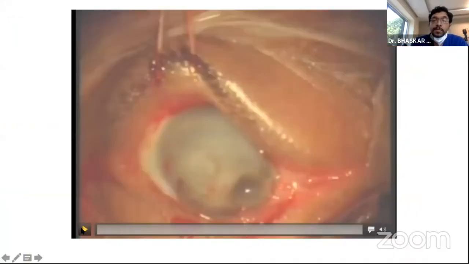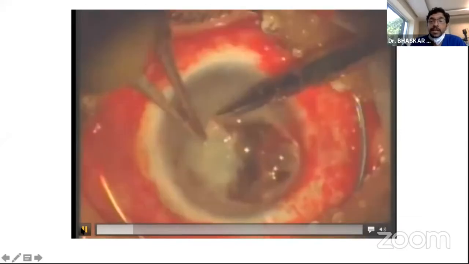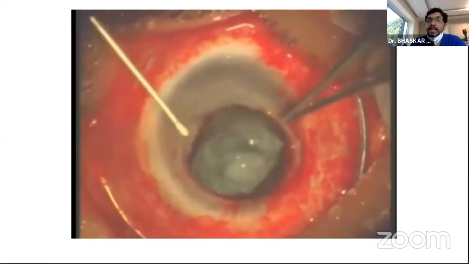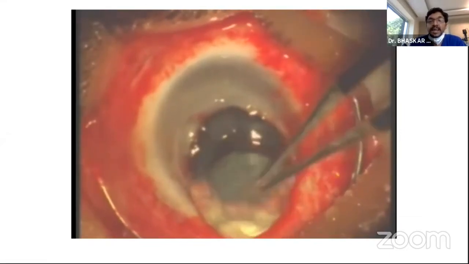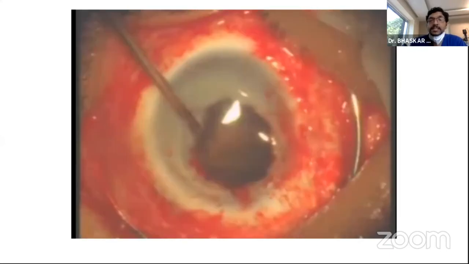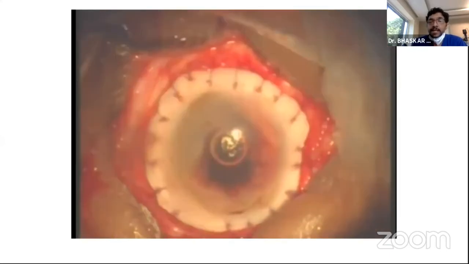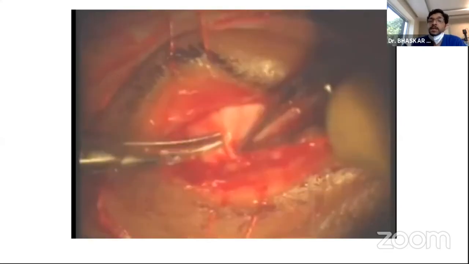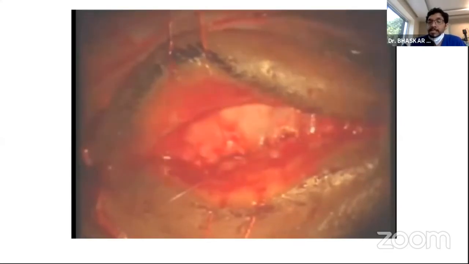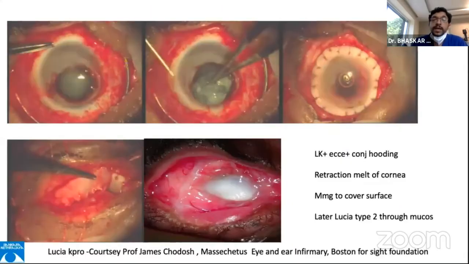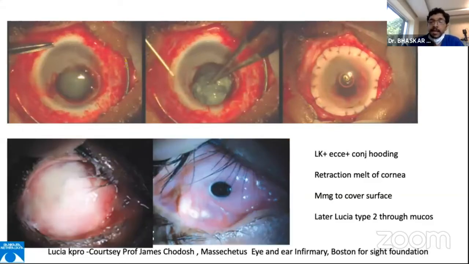A patient who had a perforation like this with a chemical injury, we knew this patient might ultimately need keratoprosthesis, so we went ahead, excised the lens and did a large lamellar graft to act as a tectonic support to the globe, and covered the eye with the conjunctival hooding. Subsequently, the patient underwent a mucous membrane grafting to the ocular surface, and ultimately underwent a type 2 keratoprosthesis under the mucosa to get back about 6/24 vision in her only eye.